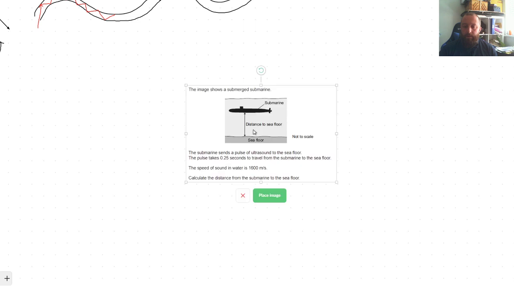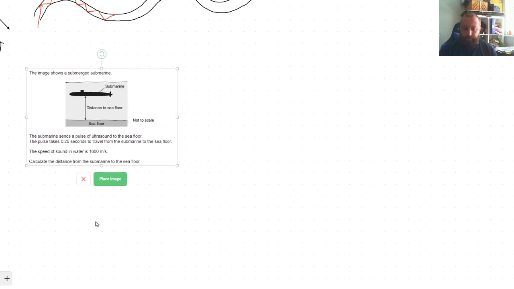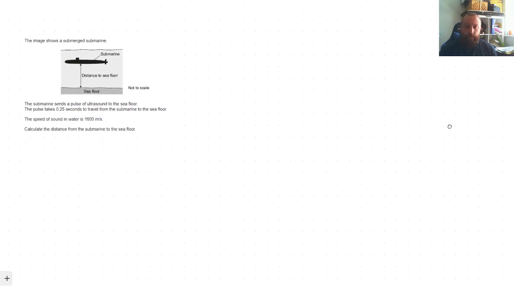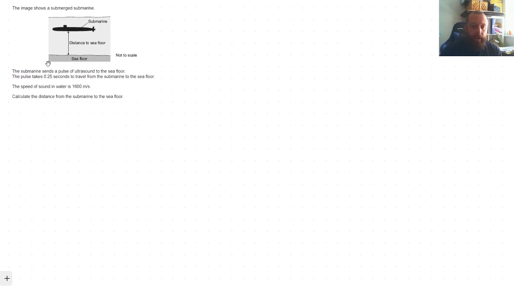Right. Just a quick question, because it comes up and it's quite a common mistake people make. Hopefully you can see that. It's a little bit small. This is a question that actually comes up on foundation and higher. We're not using the normal wave equations for this one. We're actually using something a bit simpler. So the equation I'd be using for this one